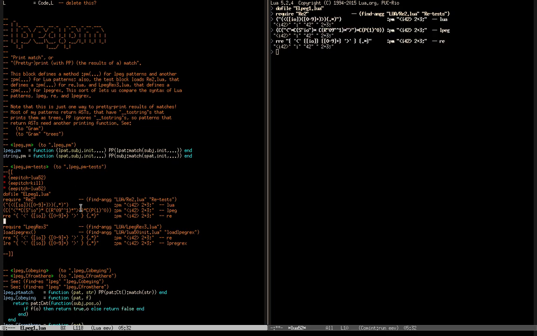So we can use this kind of thing here to show how to translate from Lua patterns that are familiar because they are similar to regular expressions, only weaker, to LPeg that is super weird, and to Re that is not so weird.